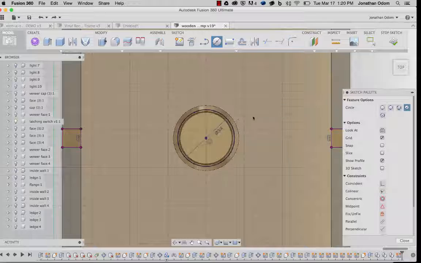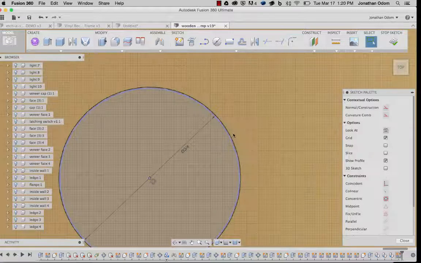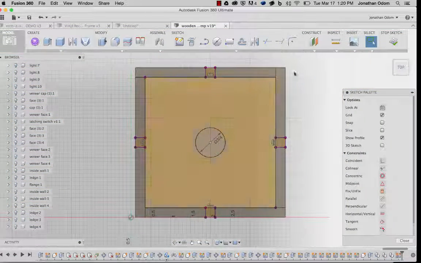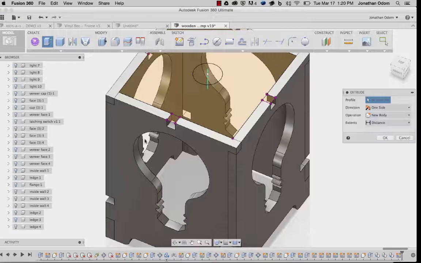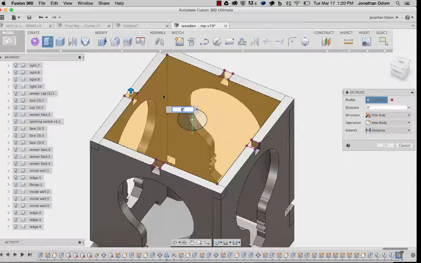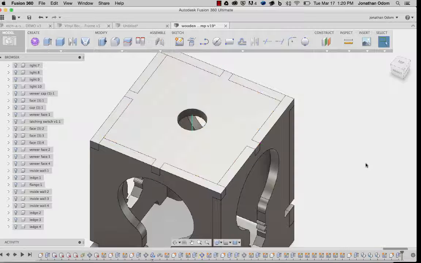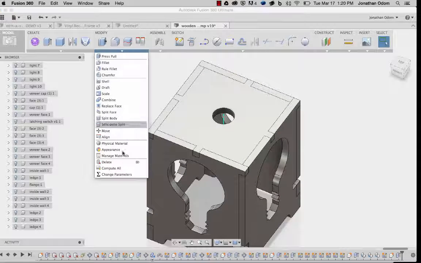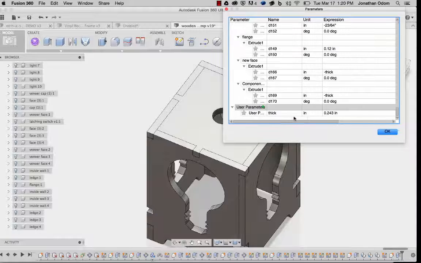.75. That's pretty good. Turn that off and then get rid of that first line. It's going to be easier to make my part this way. Then I should be able to just grab these parts of this sketch, extrude by minus thick, make a new component out of that,